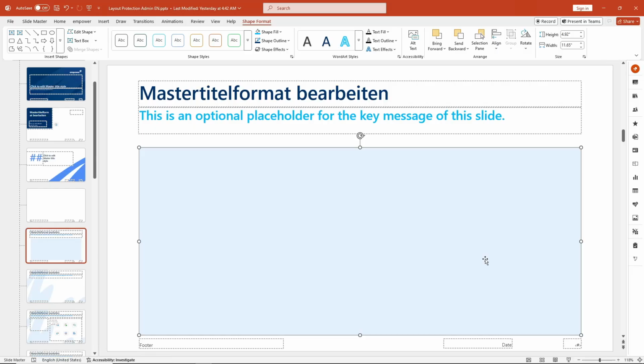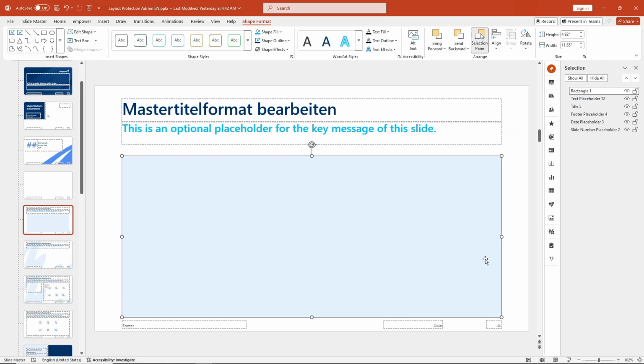You should rename the elements used to set the layout protection area to Layout Protection before saving the master so that you can easily and quickly recognize it. To do this, use the keyboard shortcut Alt and F10. This will list all the elements on the slide on the right side of the screen. Here you select the element of your defined layout protection area with a left click and you can then rename